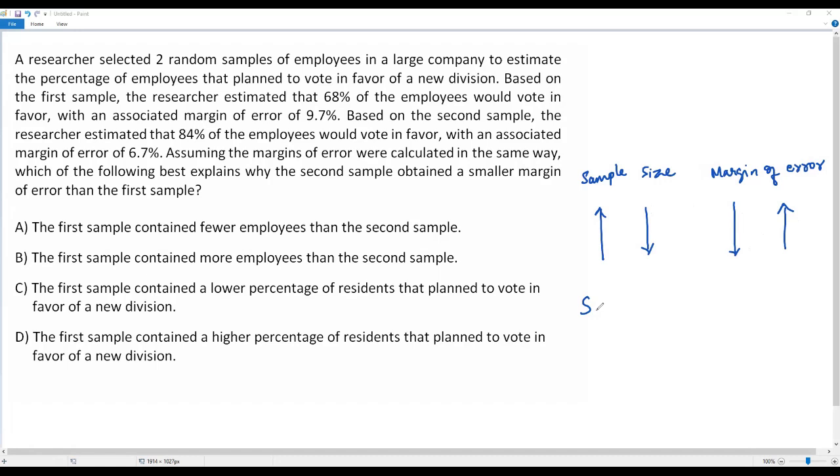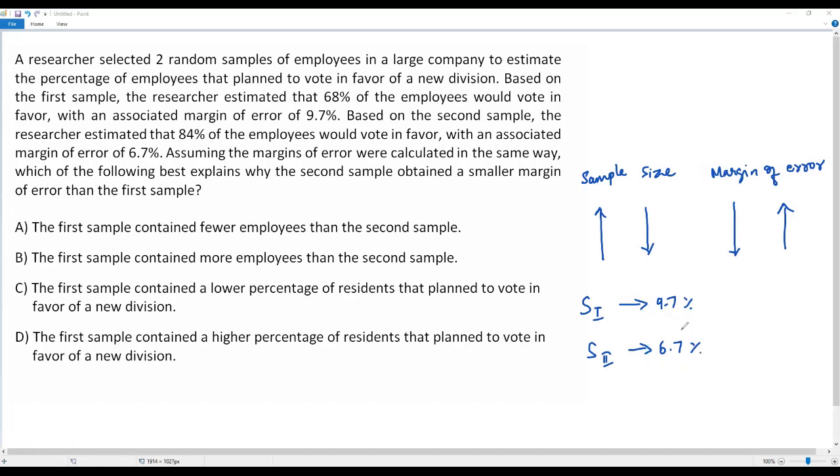Now let's consider the two samples. In the first sample, the margin of error is 9.7%. Let me write over here. And in the second sample, we have the margin of error 6.7%. Okay, in the second sample, the margin of error is less than the margin of error in the first